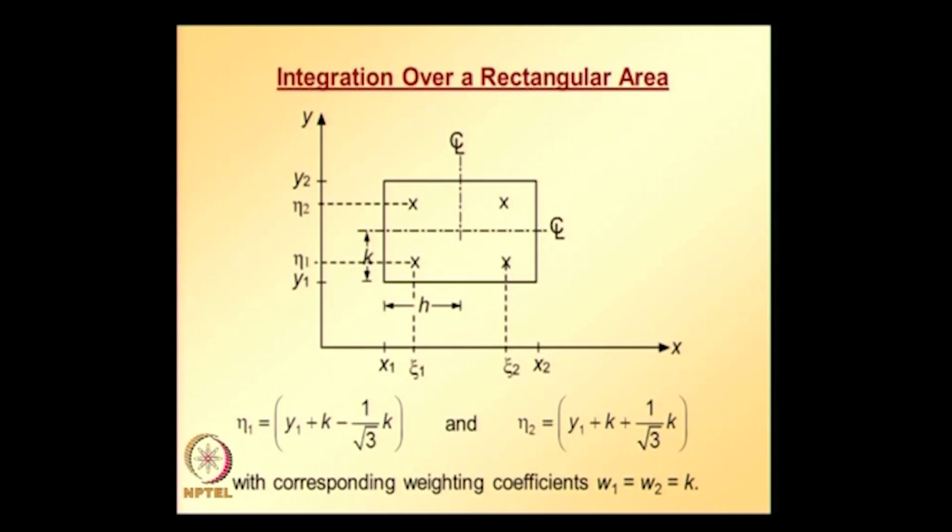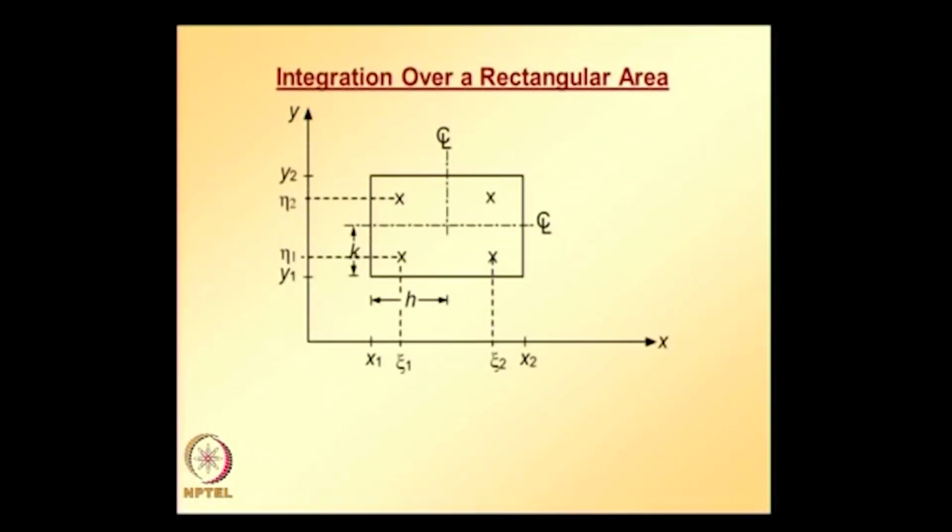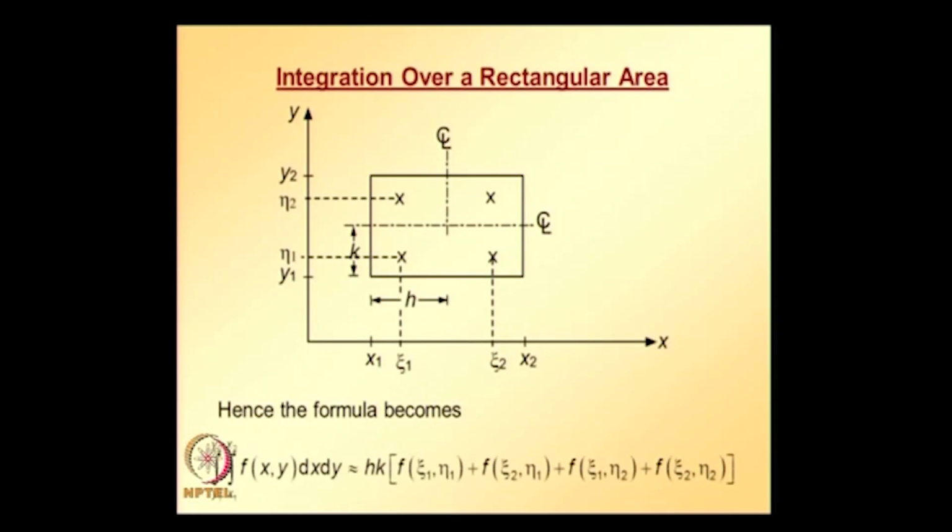So once we have these locations and weights, we need to take the Cartesian product of these, multiply with the corresponding weights and sum them up, and we get the approximate value of the integral. So hence the formula becomes